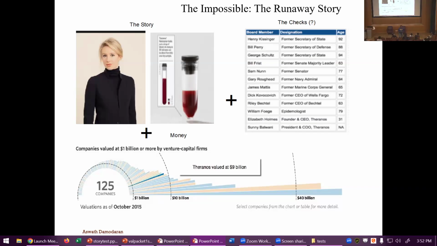Runaway stories are more common than you think. I remember in 2019, a company called WeWork filed for an IPO. Somebody described to me what the WeWork business model is. What do they do? Rent out space. Before you rent it out, first you got to get the space, right? How do they get the space? They either buy it or they sign a long-term lease. So you sign a 40-year lease.